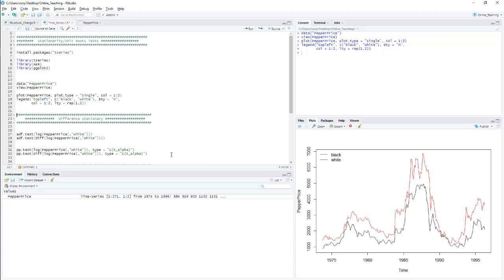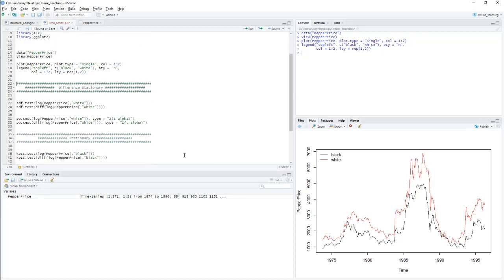The first group tests for non-stationarity, and the second group tests for stationarity, meaning its null hypothesis is that the data is stationary in nature. There are two highly used methods in the first group, which is called difference stationary: the ADF test, the augmented Dickey-Fuller test, and the Phillips-Perron test.